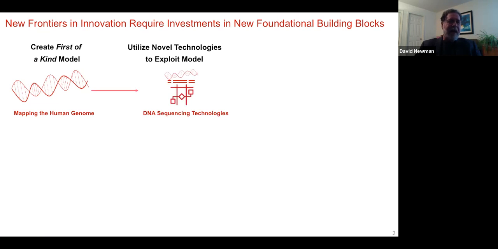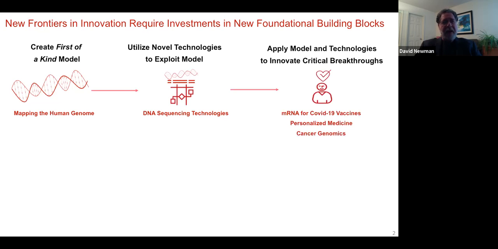Secondly, novel technologies must be developed that know how to effectively exploit the model, such as DNA sequencing technologies that developed to exploit the mapping of the human genome, and their focus is on reintegrating fragmented parts of DNA so that novel innovations could emerge that reflect critical breakthroughs such as the mRNA vaccines for COVID, cancer genomics, personalized